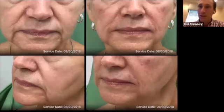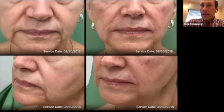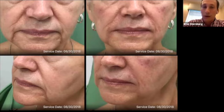So we're going to show some filler pictures here for both lips, and I'll kind of walk through it, and you kind of tell me what you think as well. So here's a patient in her late 50s. In fact, when her daughter was getting married, and so you kind of touched on the resorption of the soft tissues, and we generally use like 1 syringe per decade, kind of is a good starting point